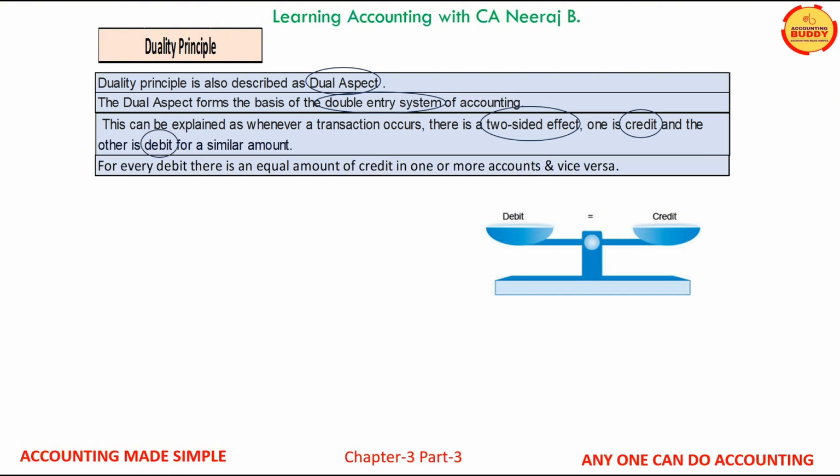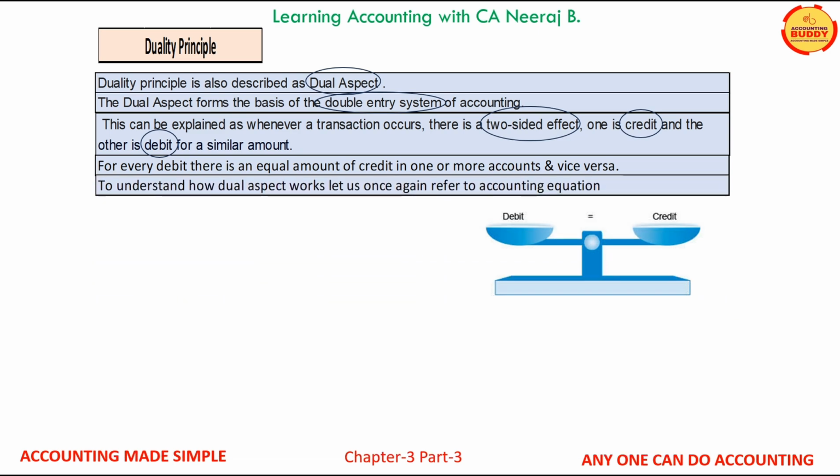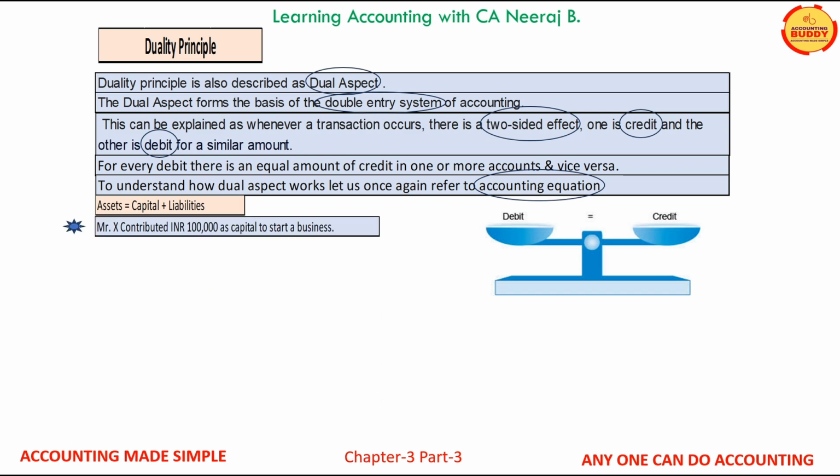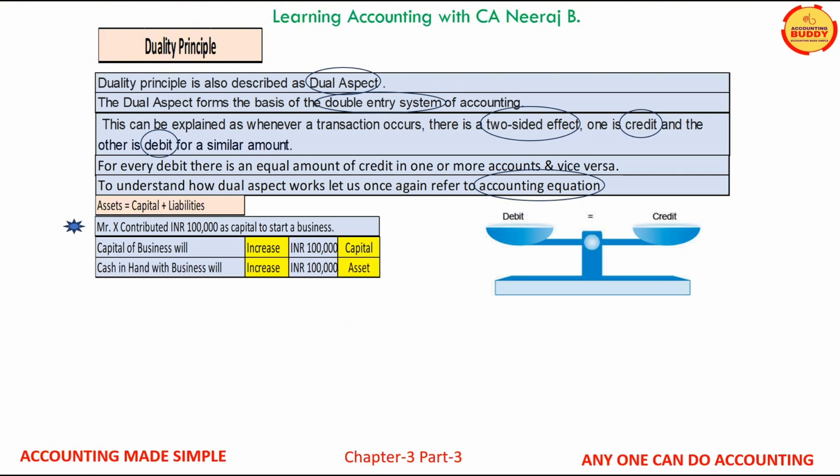Now to understand dual aspect, let us once again refer to the accounting equation, that is assets are equal to capital plus liability. Let us clear the principle of duality with an example. In example 1, Mr. X contributed INR 100,000 to start a business. Now if we analyze this business transaction, capital of the business will increase by INR 100,000 and the cash, which is an asset, will also increase by the same amount of INR 100,000. At this stage, since there is no liability, the accounting equation will look like cash, which is an asset, is equal